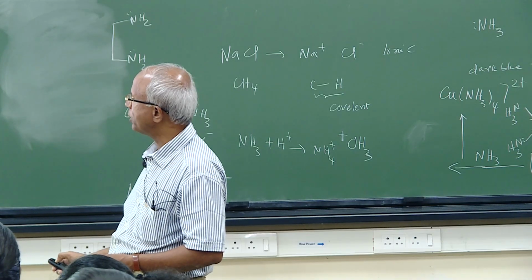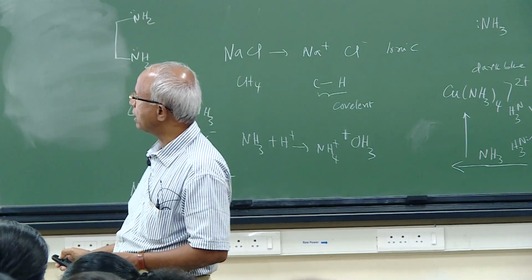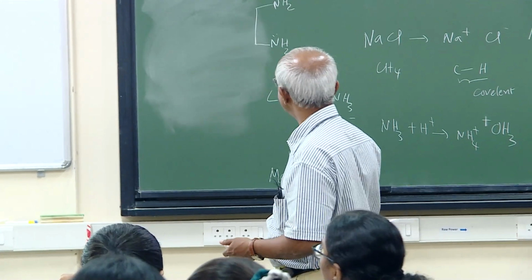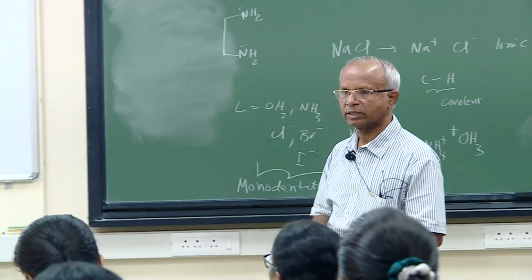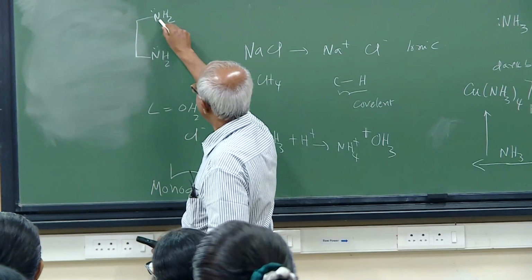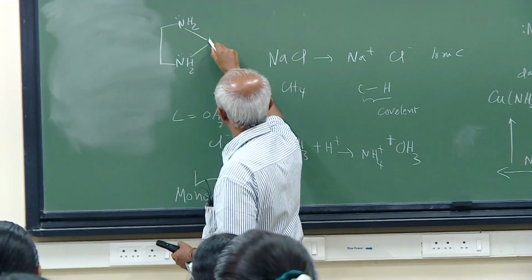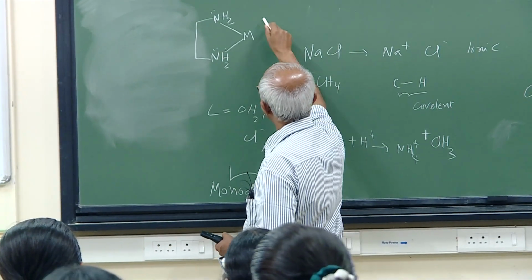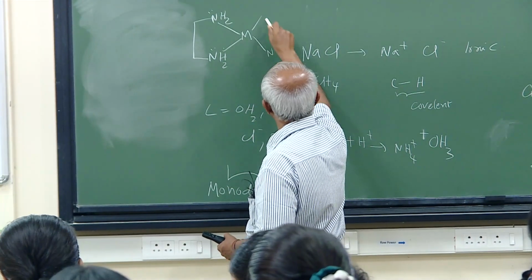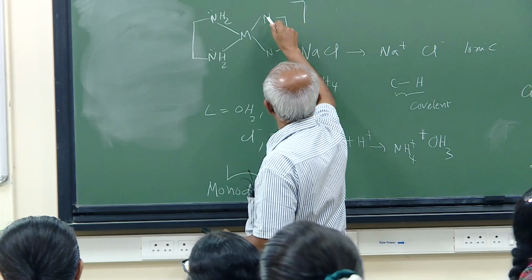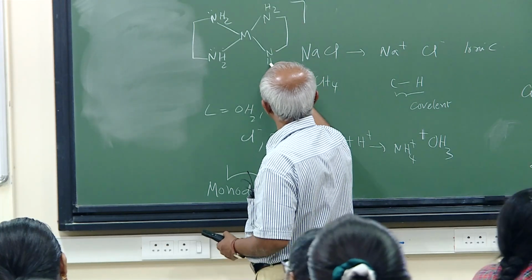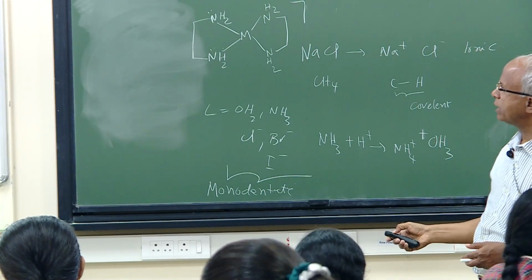But if I join these 2 together, for example here, ethylene diamine, then this becomes a bidentate, because through nitrogen, now I can bond to the metal. So I can put another one on this side, NH2, and that is what is shown here. So here if you notice,